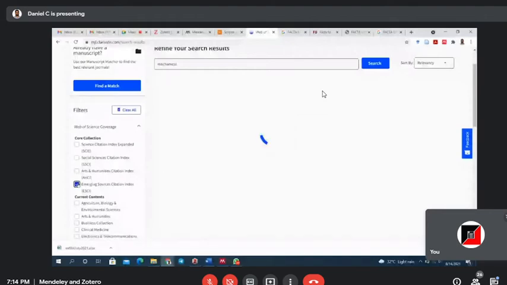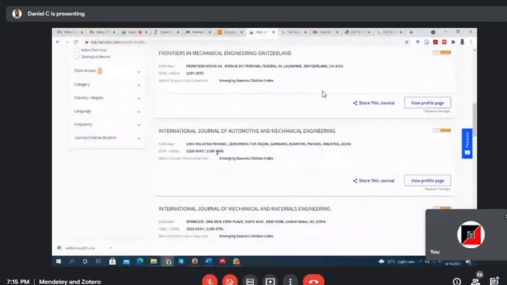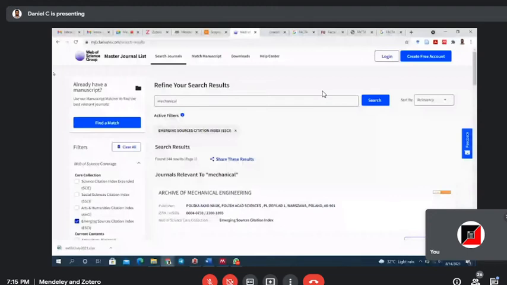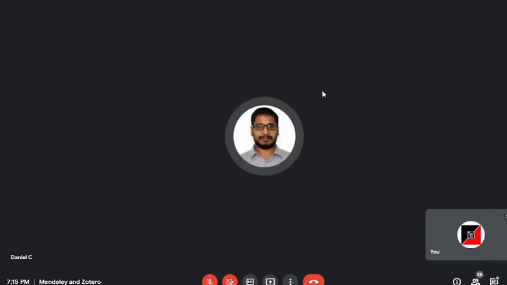Poland, then Taylor and Francis, University of Malaysia, Springer. Here some universities run the journals, like one from Jordan, the Jordan Journal of Mechanical and Industrial Engineering. And one more thing to note: if a journal is run by an institute, it will not be delisted easily. Some companies or publishers, due to some issues, may be removed from Scopus or Web of Science. It may really happen to a publishing company.